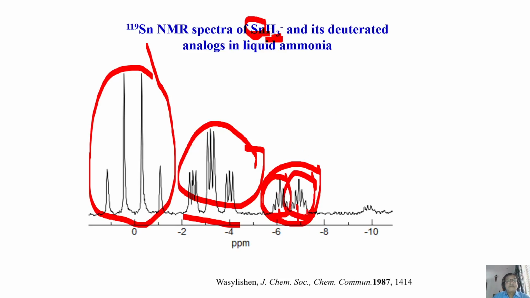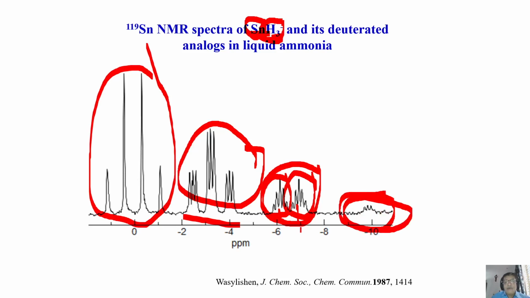We got it. What is the last possibility? All three can be deuterium, right? It is SnD3 minus. When three deuteriums are there, you can find out it splits into seven lines. We saw that, you put 2nI plus 1. N is equal to 3, I is equal to 1, 3 into 2, 6 plus 1, seven lines. And we also calculated the intensity when we observed the CD3 spectrum, right? So it will get seven lines, but it is a poor quality spectrum. You are not seeing seven lines.